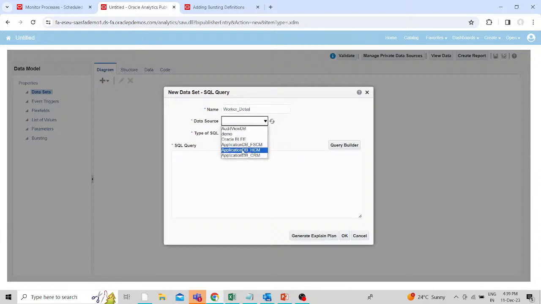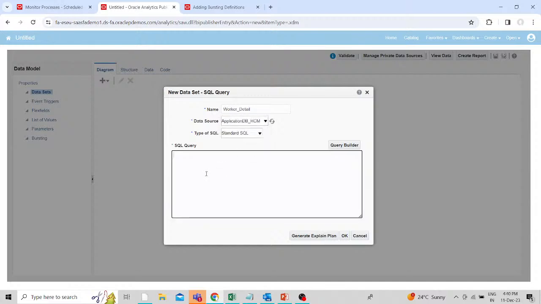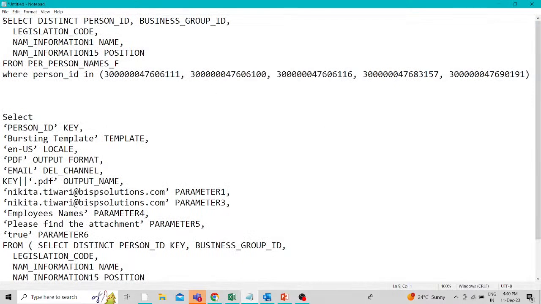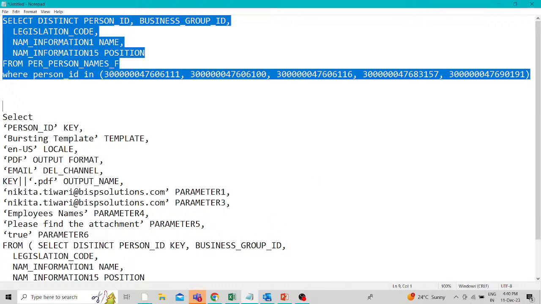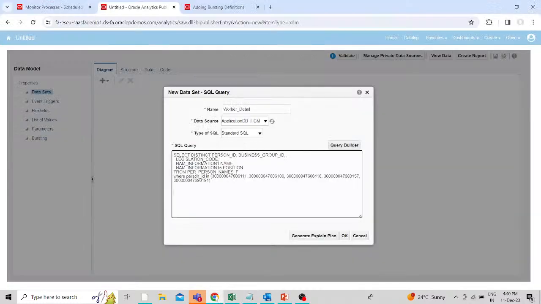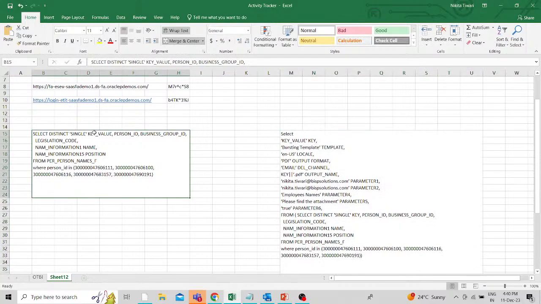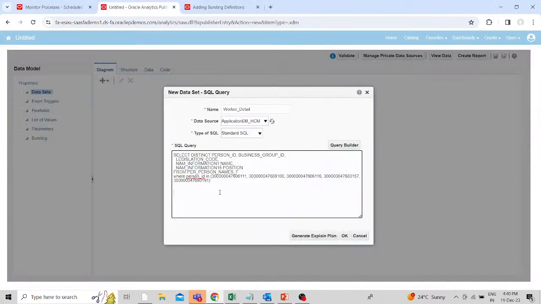Select your data source. Here we are not going to add the key value in the multi-file busting, but for the single file we added the key value there in the query. You can see here, this is for the single file, so we use the single key value here, but in the multi-file busting we are not going to use that. So let's click OK,